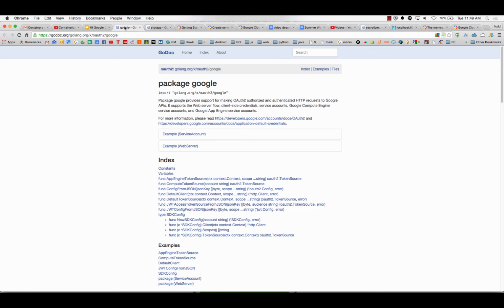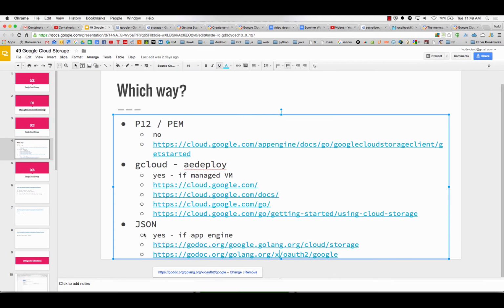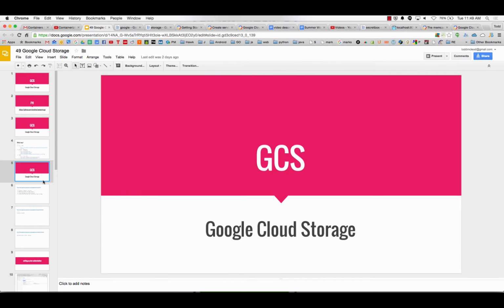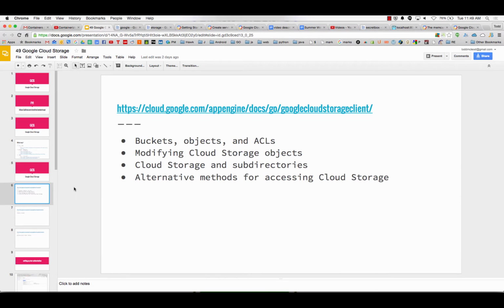I've earned a stripe. So here's that JWT if you just want to read about it. Those two links are right there. And then back to Google Cloud Storage, instead of just looking at what the different ways are. This is a little bit about how cloud storage works, and you can read about it. It's pretty much just the thing from App Engine, and it talks about